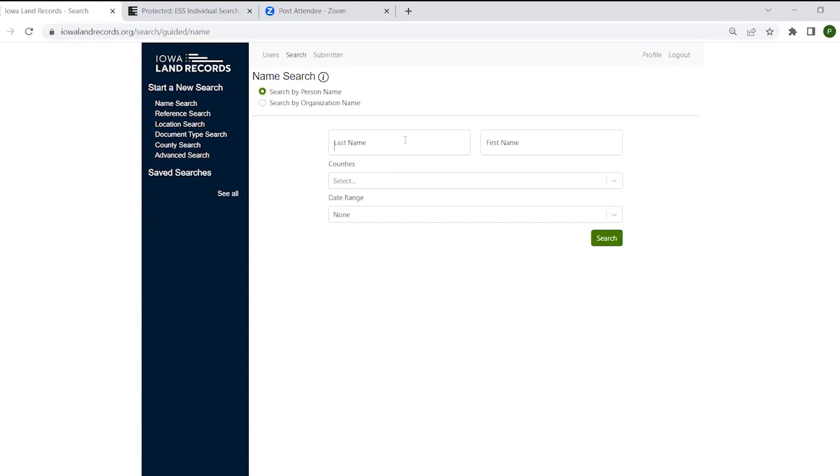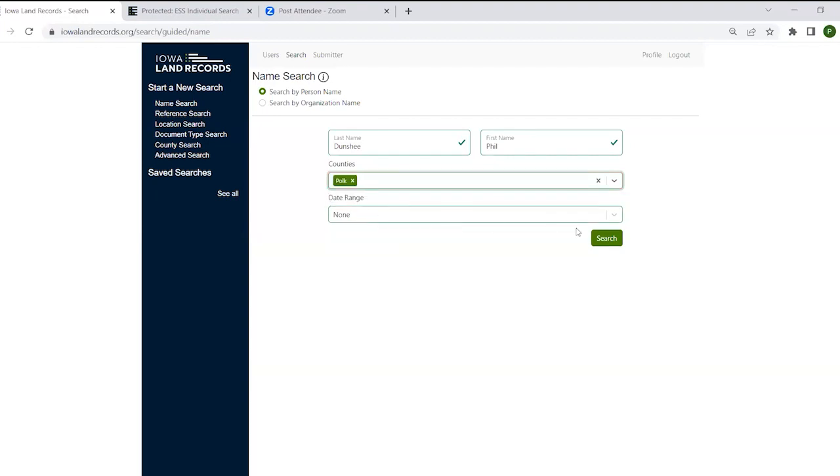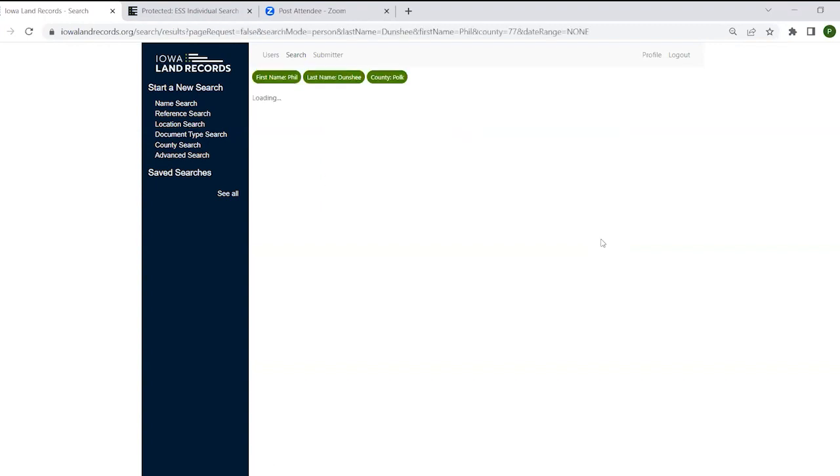And the example, I'm going to use myself as an example here, because it does illustrate how this works. So I'm going to type in my last name and my first name, and I'm going to run a search. Whoops, I need to choose county. Most of my records are in Polk County, so I'm going to search in Polk. Notice that I'm not entering a date range. The date range is not a required element, but if I wanted to narrow the search results, I could do that. And when I run the search,